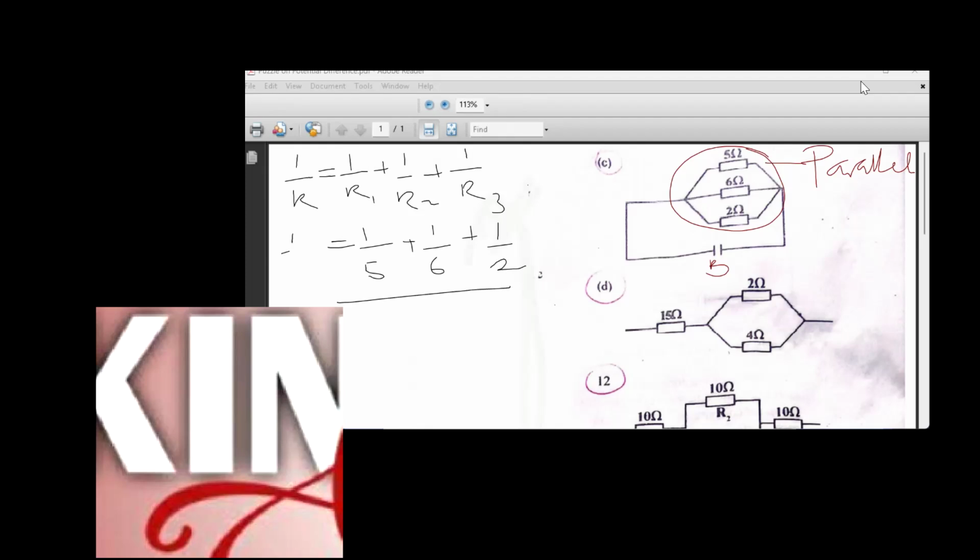And we can find our LCM from here. So finding our LCM,